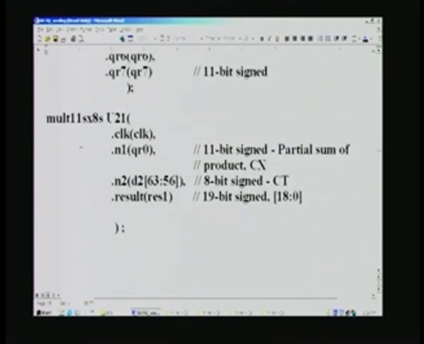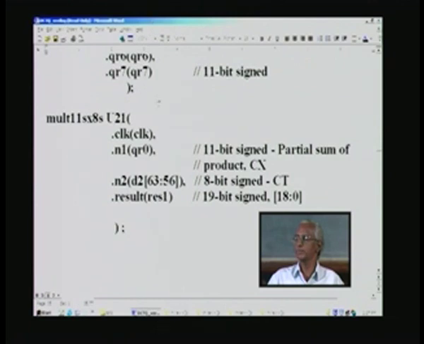In the second stage we have another set of 8 multipliers. In this case we take these partial products which are QR0 through QR7, and you can see here as one of the numbers, and the second number is the actual CT. This partial product is nothing other than Cx, and we need to multiply this with the CT matrix in order to get the final DCT. That is what we are doing here. We need 8 multipliers, and all these multipliers will be working simultaneously, concurrently,